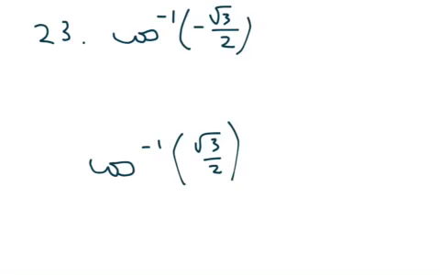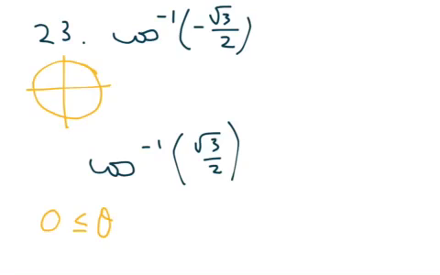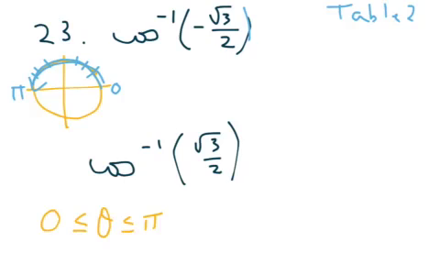Okay? Cosine's much easier because on cosine, the restrictions are between 0 and pi, quadrants 1 and 2. So you don't have to worry so much. You could actually use your big unit circle chart on this one. All we're dealing with is between 0 and pi in this area in here. So your answer has to be one of these values. This is from table 2, so you need to have table 2 ready. So when you look at table 2 in your book,